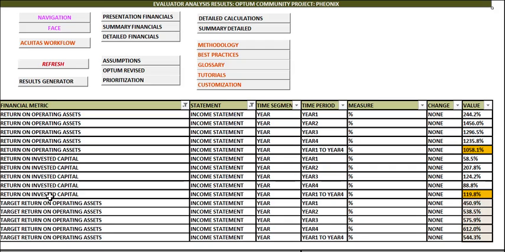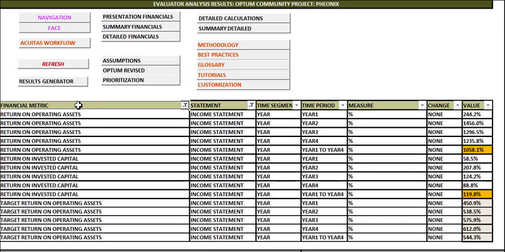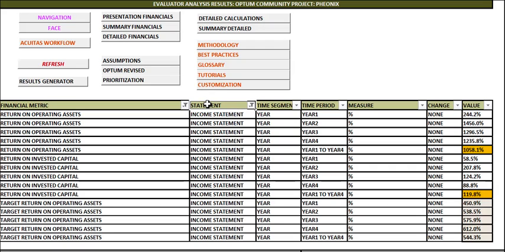companion charts, as well as provided in the column heading, financial metric, the definition of the metrics, in the column statement, the name of the statement to which they are related, in the time segment, year or quarter or other relevant time segment as defined in the Acquidus Modeling Decision Support module, year in this example, in the column time period, the specific time period included in the charting, the 4 years and the average of these years in this example, in terms of measure, the units of measure of